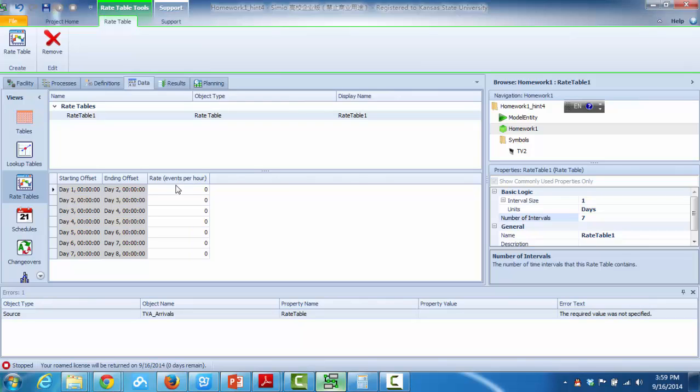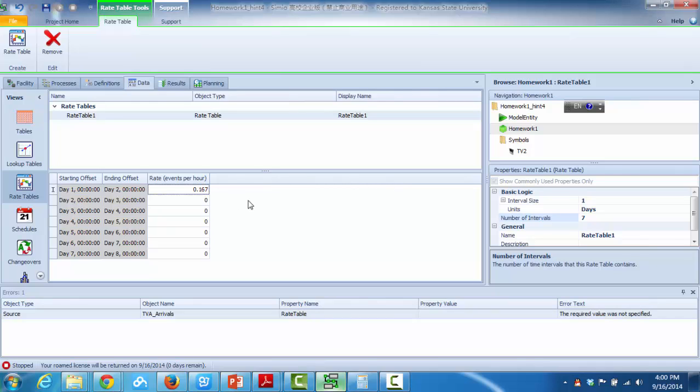There is one drawback for using the read table: you could see the third column is called read. That means you cannot use your own probability distribution. You have to use the discrete Poisson distribution, and here you need to provide a mean value for the number of entities coming into the system per hour. For TVA, we know it follows the exponential distribution with mean value 6 hours. So 6 hours is the average inter-arrival time. How many entities come in per hour? In this case, it should be equal to 1/6, right? So it's around